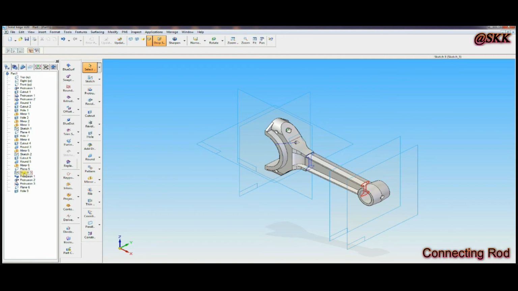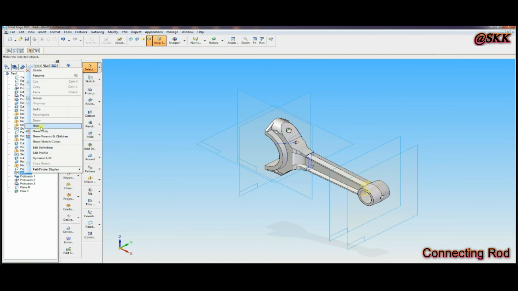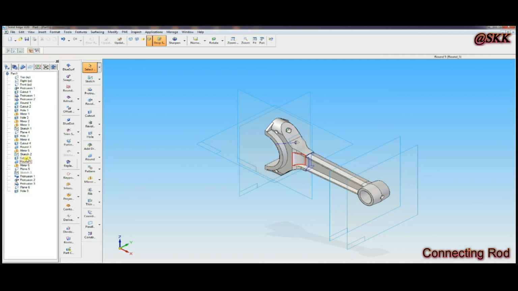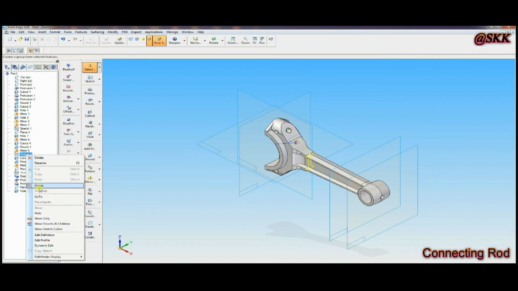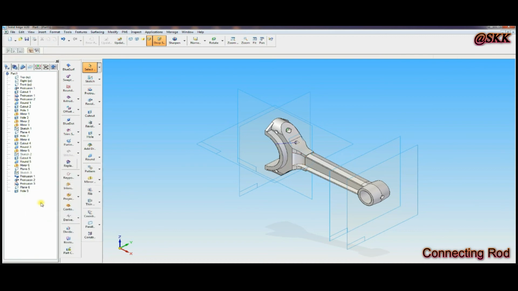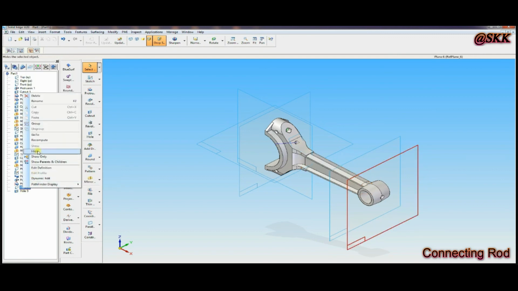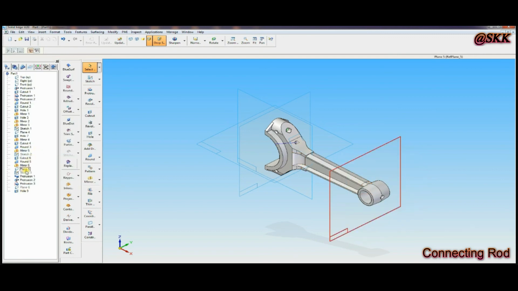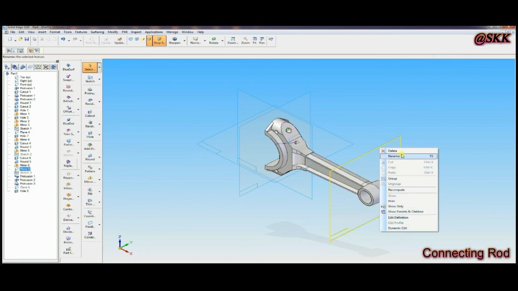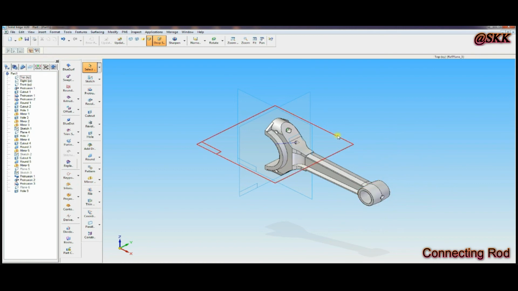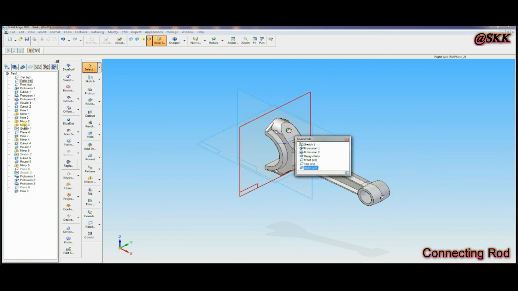Now you can hide all sketches, the sketch planes and sketches. Undesired planes you can hide like this by right click, and you get the hide command, hide. Right click on the desired planes, then hide it like this. That inclined line, that one you want to hide.